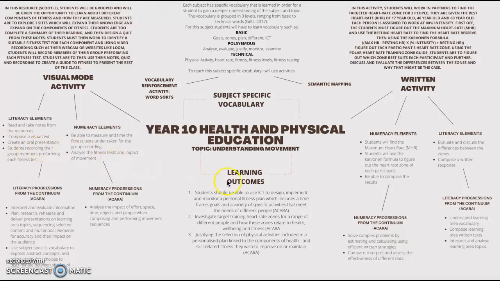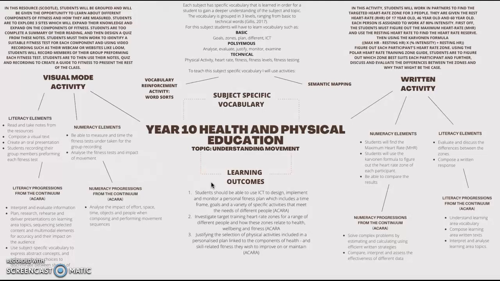Derived from the Australian curriculum, Year 10 students should be able to use ICT to design, implement and monitor a personal fitness plan which includes a time frame, goals and a variety of specific activities that meet the needs of different people. Investigate target training heart rate zones from a range of different people and how these zones relate to